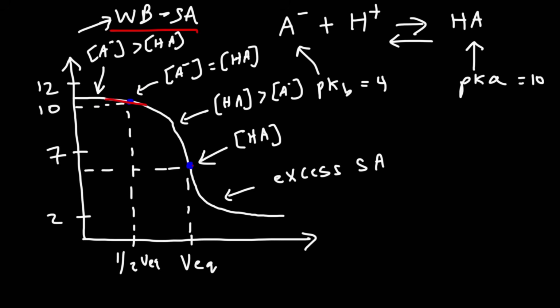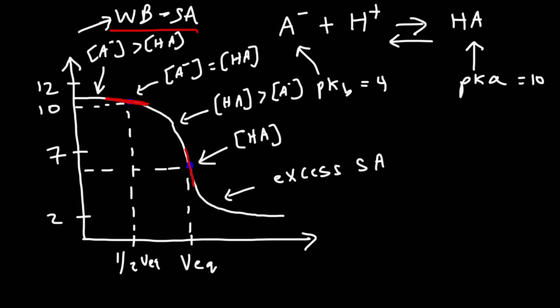Now, at the equivalence point, the slope should be steep. The equivalence point is going to be the point in the curve where the line is most vertical. But at half the equivalence point, it should be somewhat horizontal. So those are some other things you want to be aware of when dealing with titration curves. So remember, at half the equivalence point, you have an ideal buffer solution, and the pH should be relatively constant at that point. But at the equivalence point, the pH changes drastically, so the curve should be somewhat vertical at that point. Now let's work on some acid-base titration problems that ask us to calculate the pH at various points